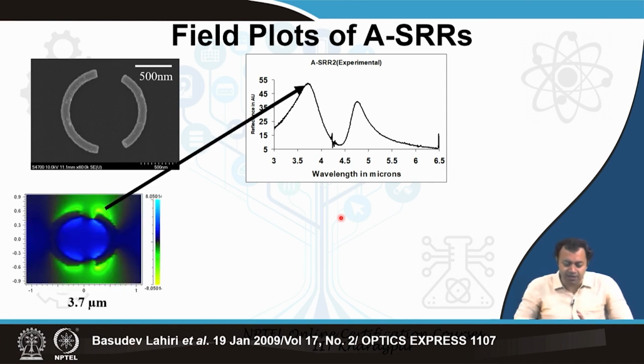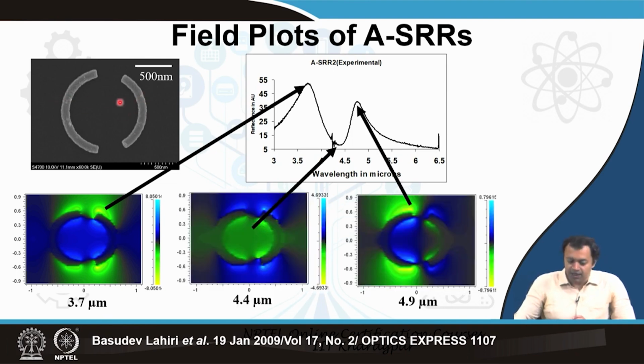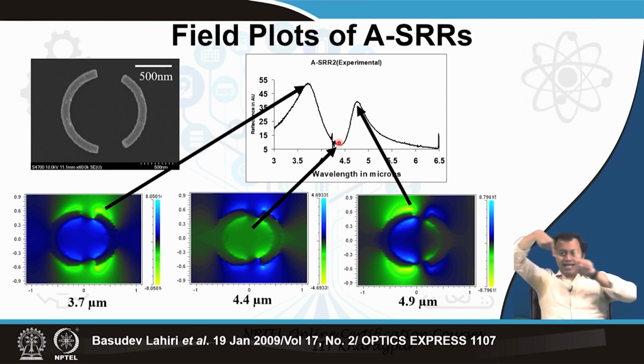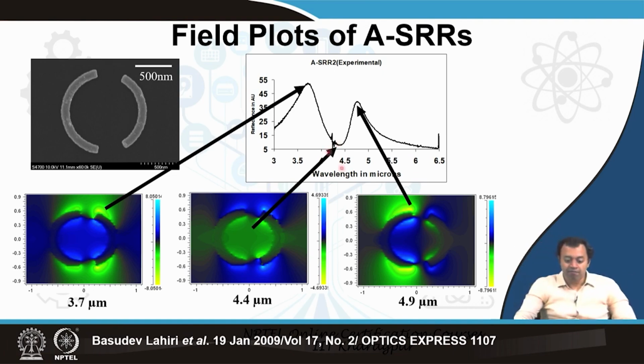Overall, what happens is that this is the peak where the resonance of this is dominating the entire system. This is the peak where the resonance of the bigger arc is dominating the system. This, on the other hand, the trough, the dip, is the one where the resonances of both are equal and opposite and they cancel each other. The resonance responses cancel each other, meaning